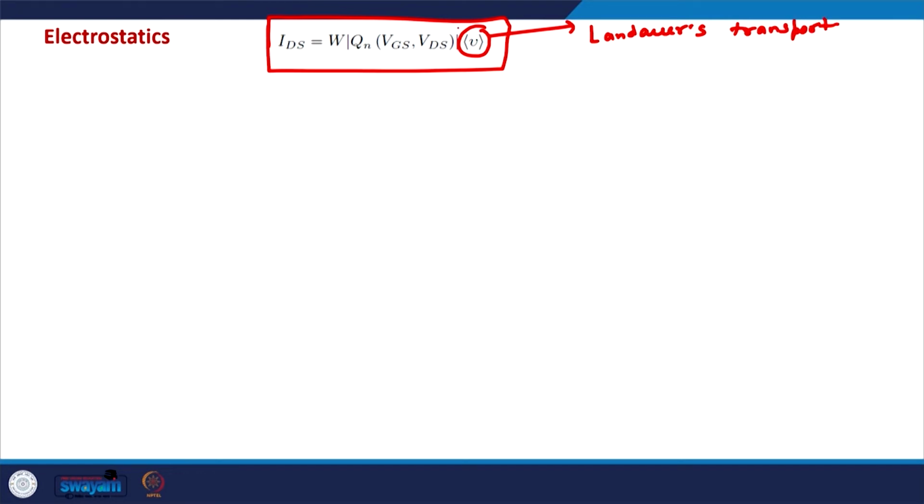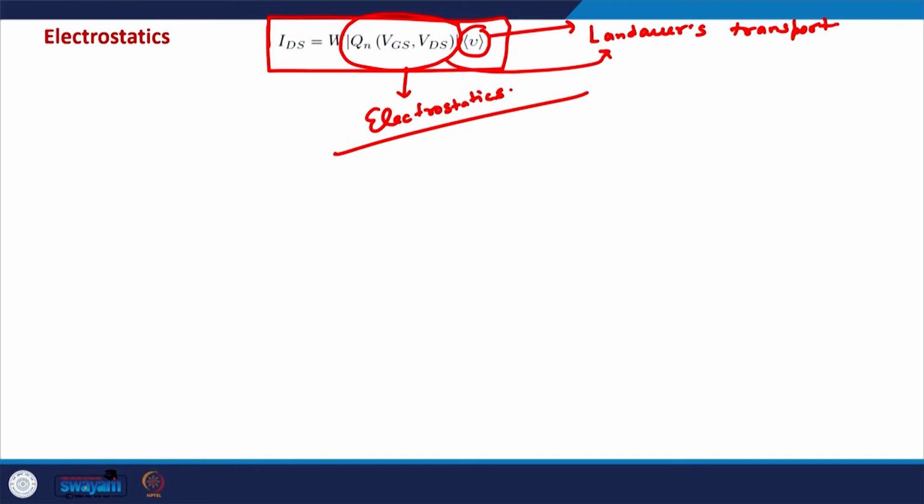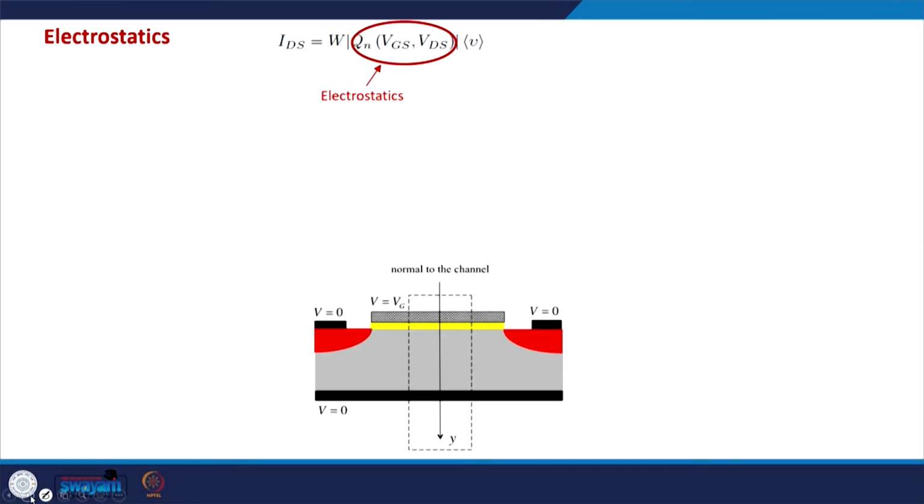This charge also comes in discussion of the Landauer transport, but we have not dealt with the charge in the channel in a detailed manner, and in order to understand this charge component we need to understand the electrostatics in the MOSFET. So, that is what we will start now. We will start with the MOSFET electrostatics, and MOSFET electrostatics means that we are now trying to understand the relationship